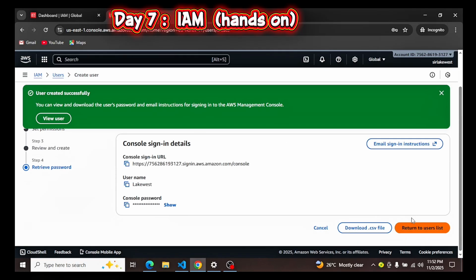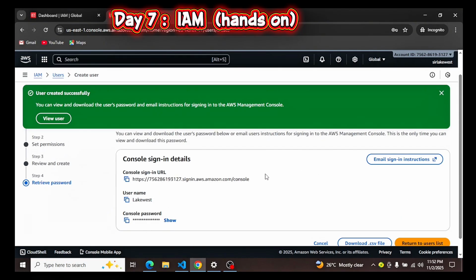Just click on create users. So now I've created the user. This is the user tiny URL, then this is the username, and this is the user password. Since I've created the user now,